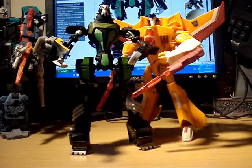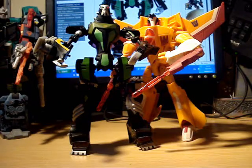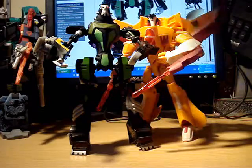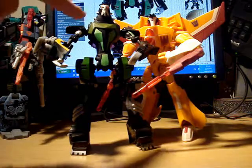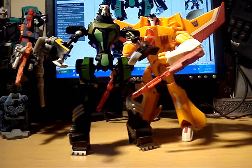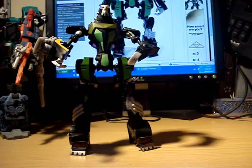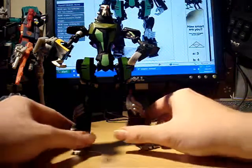Lockdown is actually a little bit taller than Sunstorm. A little bit taller. I'm not taking into account the wingspan here, I'm talking shoulders and head. He comes in about 2 centimeters taller. That's a deluxe toy against a Voyager, okay? That's just mind-blowing. The engineering, this is why I absolutely love